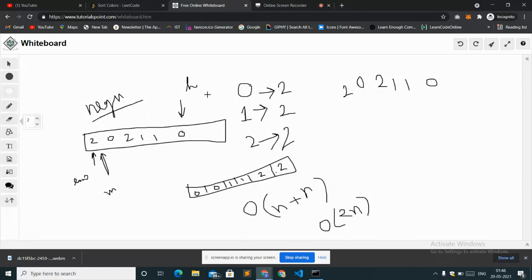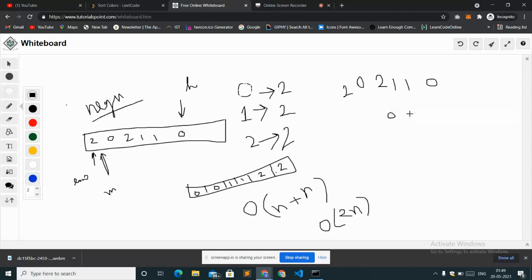Now there are 3 conditions of this algorithm. You have to increase the mid pointer every time and check the value at that index. In whichever index the mid pointer is pointing, you have to check the value.